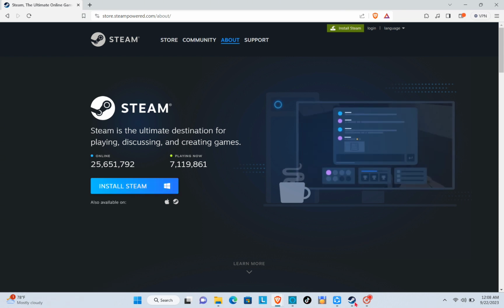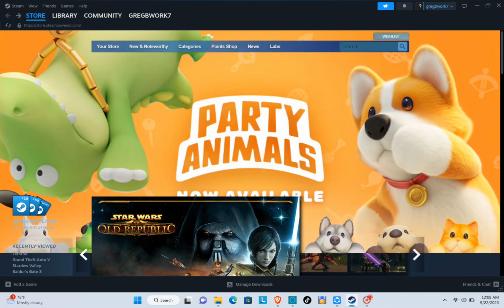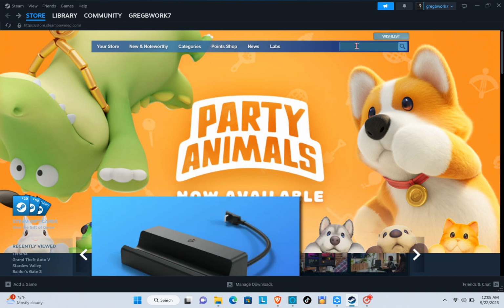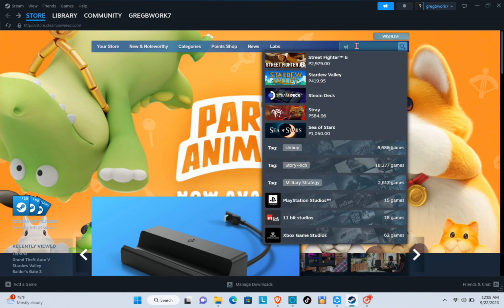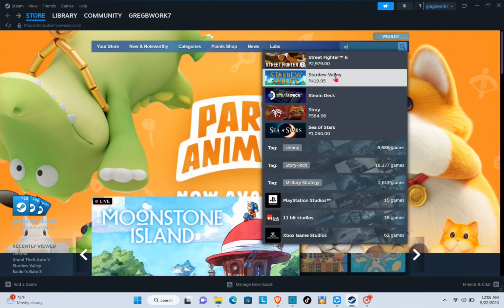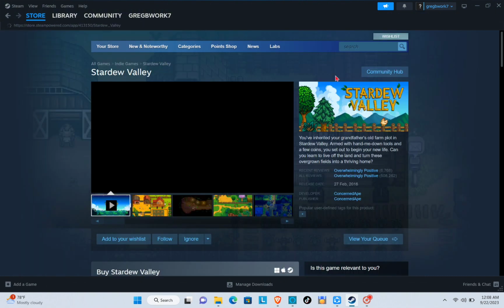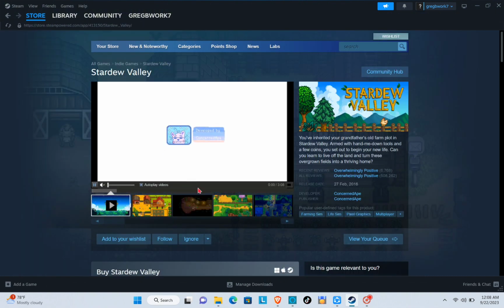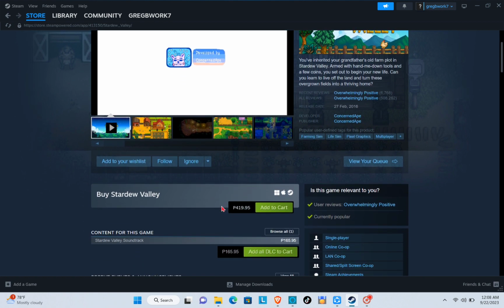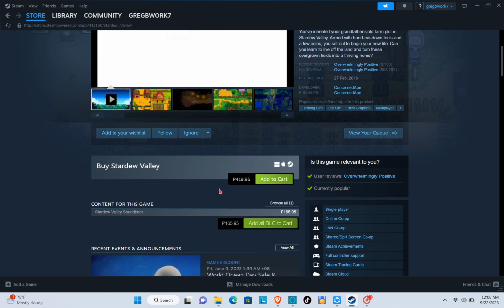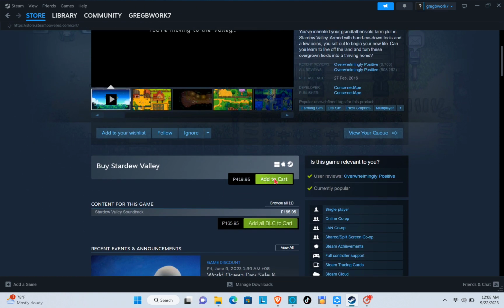Now that you have done that process, just click on your Steam application and then use the search bar and then type out the name of the game that you want to download. So let's type out Stardew Valley. Okay, so you will then just have to click on it and then scroll down. Okay, and you'll be able to see the price of the game